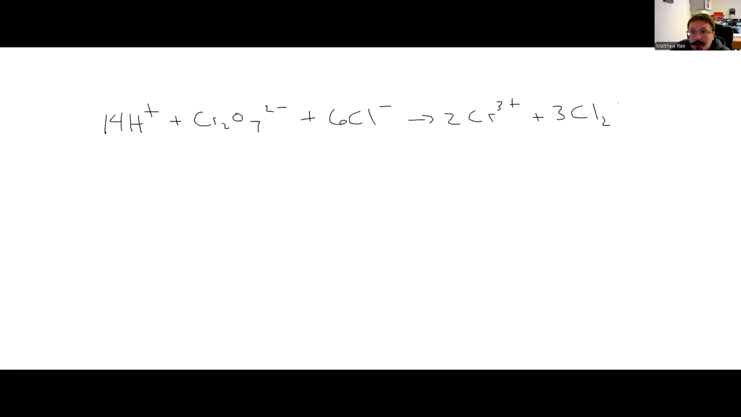All right, next question, they give us an actual reaction. They want us to relate the rate of appearance and disappearance. So we have dichromate. Here's our overall reaction: 14H+ plus Cr2O7 2- plus 6Cl-, and that gives us 2Cr3+ plus 3Cl2 plus 7H2O. We're told, if Cl- is decreasing at a rate of